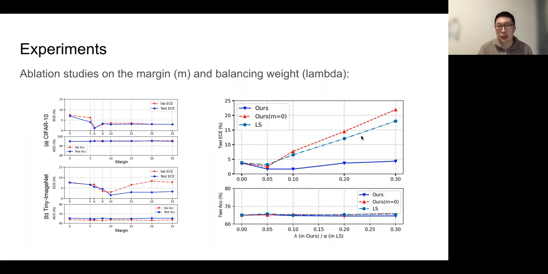It also validates our insight that the additional term it introduces is a trivial or non-informative goal. So we must keep the balancing weight very small to get a good result. But for our method, it's much safer to increase the balancing weight because our goal is always a reasonable and informative one.